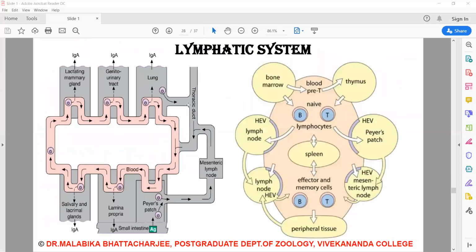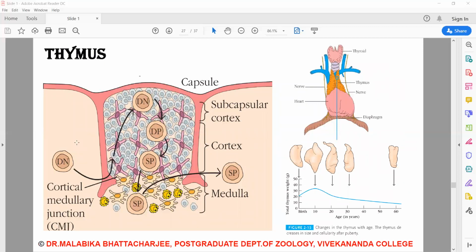This is a simplified picture. If you remember, I had said that from the bone marrow, the double negative lymphocytes arrive in the cortical medullary junction, and from there the double negative lymphocytes, which are still CD44 positive, move on to the subcapsular region, where in the presence of the IL-7 produced from the nurse cells, the double negative cells are converted via a stepwise process to double positive, single positive, and from single positive, once they are finally mature, they move out into the blood. So this is the position of the thymus, as you can see.